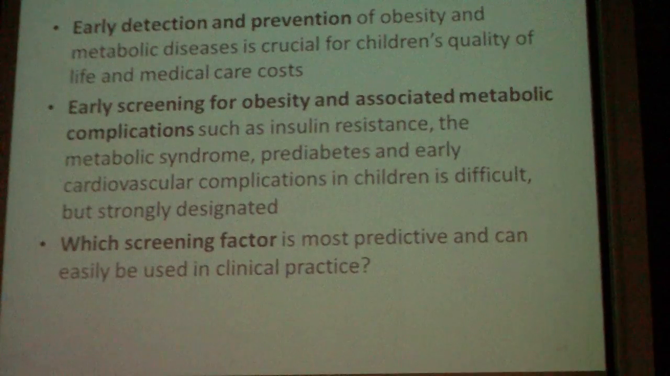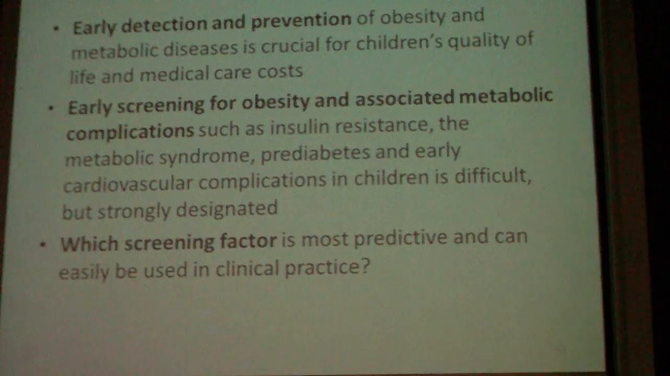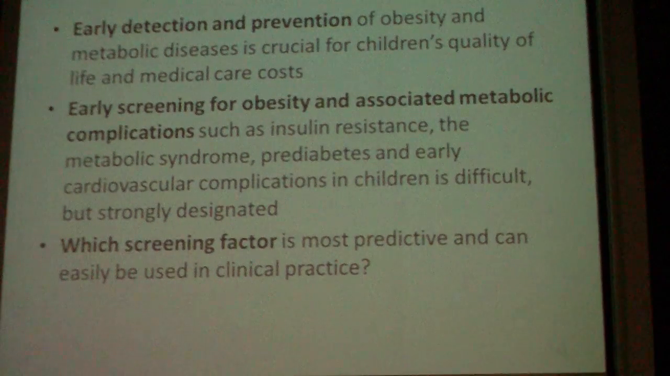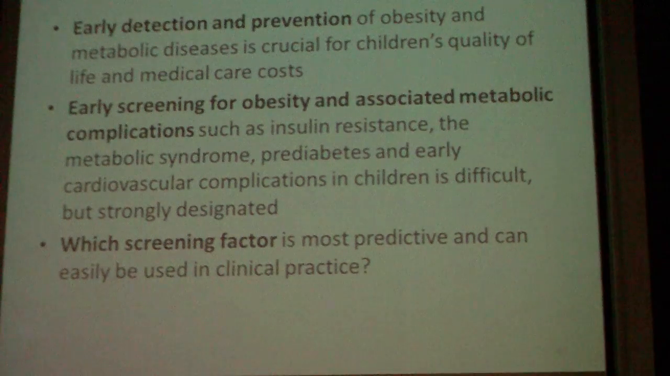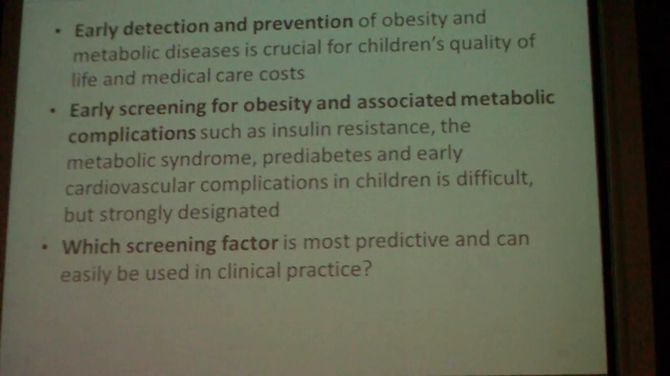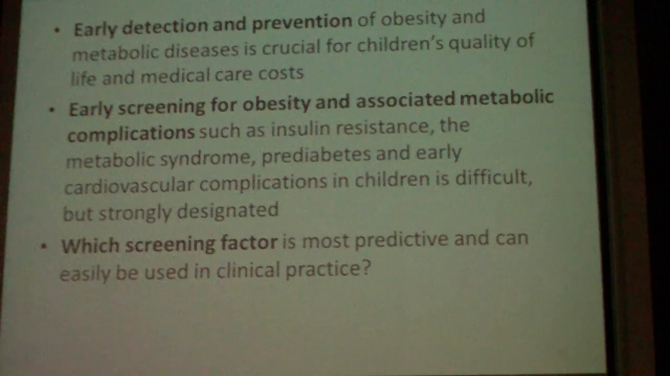So you see early detection and prevention of obesity is very important to prevent also metabolic diseases related to childhood obesity. It's also crucial for children's quality of life and the high medical care costs. So early screening for obesity is important. Early screening for insulin resistance, metabolic syndrome, prediabetes, and early cardiovascular complications. But which screening factor is most predictive and can easily be used in clinical practice? So we don't know yet, but